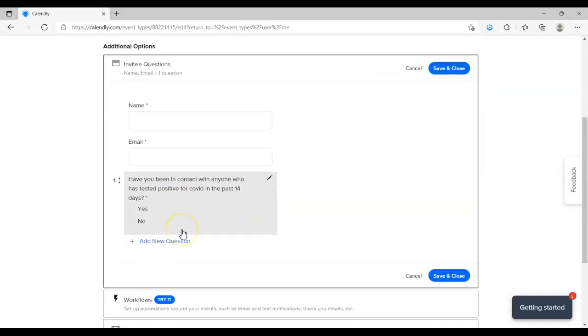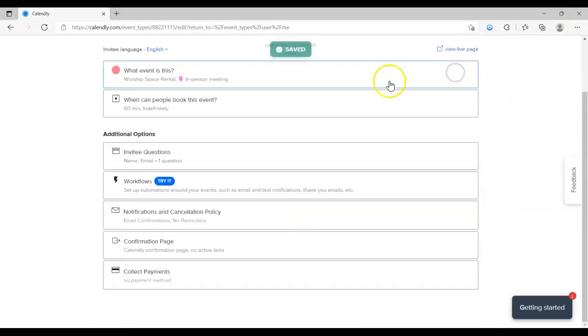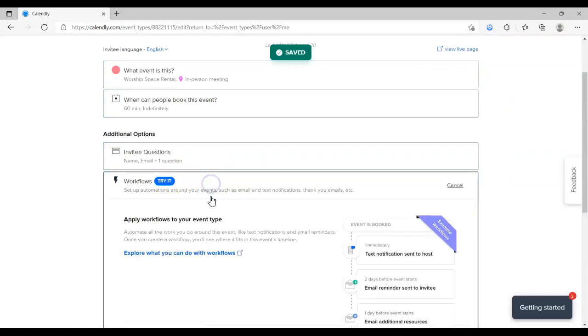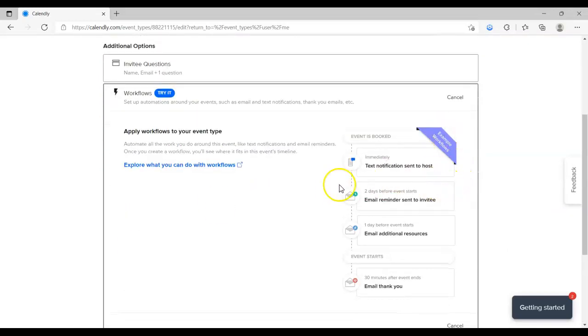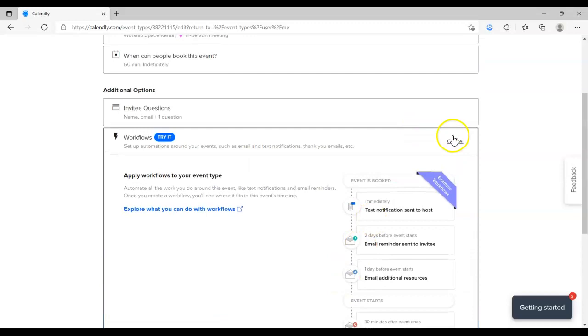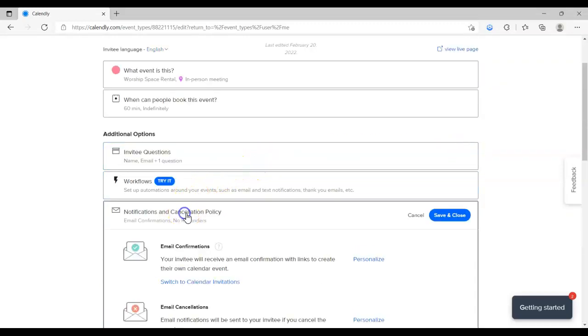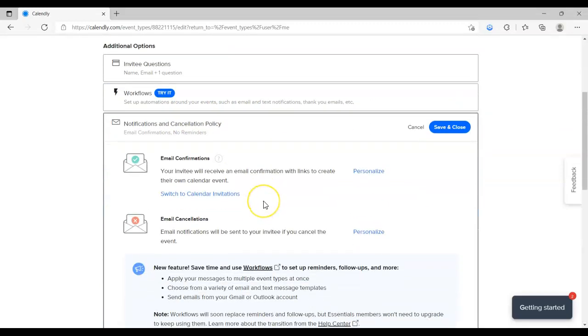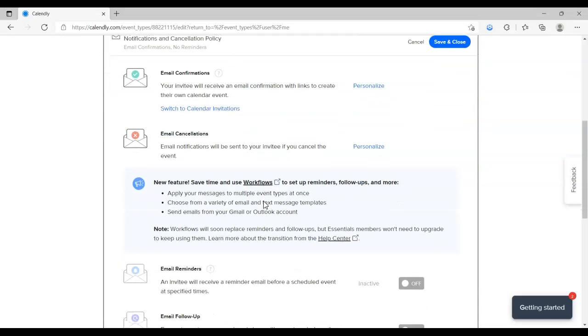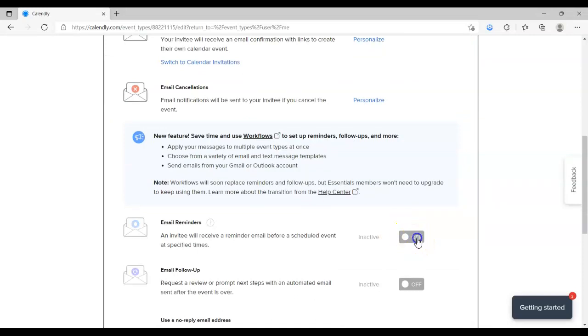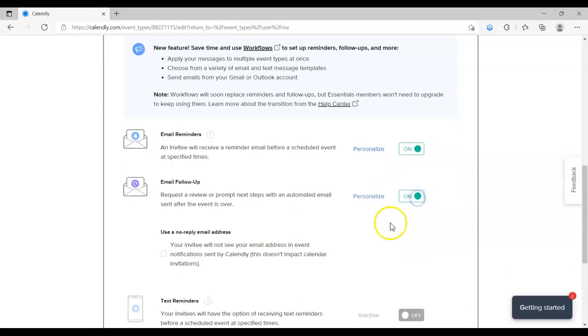So you can go back here and adjust this at any time. We're going to save and close. So the workflows is that example of if somebody books, you want to, as it says here, send a notification, 2 days reminder, 1 day reminder, and then a thank you. These are what you can do. Notifications and cancellation. So email reminders, we want to remind people with email, follow up,